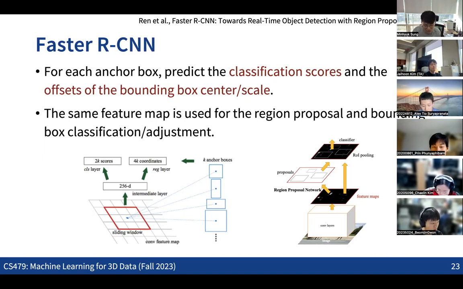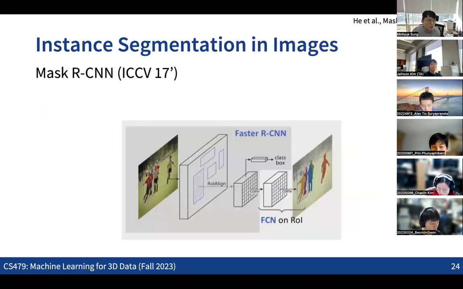For segmentation, we want to get not only the bounding boxes, but also a mask for each of the corresponding objects. For instance segmentation, the thing is that for object detection we only get the 2D bounding boxes for the objects. But now we can also consider getting the foreground mask region for each of the objects. For that, we simply add one more module,